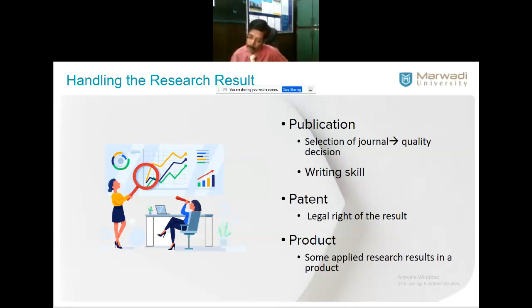And product and patent are very close friends. If you are able to do a product, that is appreciated, and getting a patent for the product will be very much essential. So even though this order is there, once publication is done, it is good practice that adds value for you. Then you can try to evolve a product also, try to patent the product. You know that there are certain areas where more product developments are possible. If you take up IT, IoT is the one. If I'm doing software engineering, bringing a patent will be very, very difficult in that. But if you take up areas like image processing, machine vision, augmented reality, or maybe IoT, patents would be possible for that.